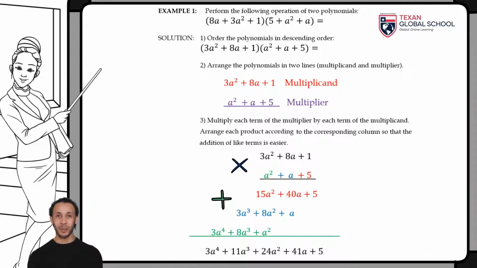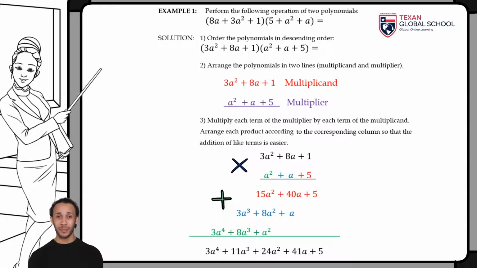According to the algorithm, sort the polynomials in descending order. Later, we arrange the polynomials in two rows. In this way, you can identify the multiplicand and the multiplier. It is important to highlight that the terms are arranged according to the corresponding column. That is, the independent terms will be one column, the linear terms another column, the quadratic terms another column, and